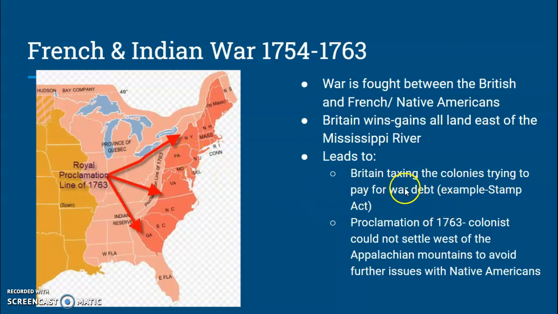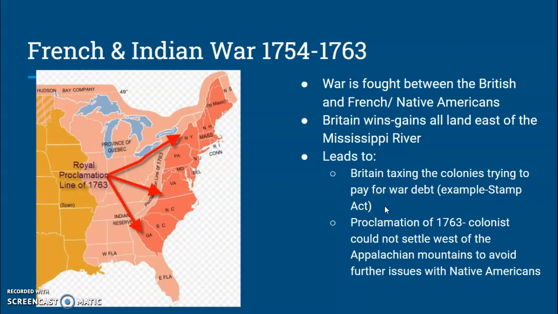Right? So an example of these taxes: the Stamp Act, a tax on printed material, the Sugar Act. There's a ton of other acts, the Tea Act. All these things are going to start taxing goods to help try to pay for this war. So people, especially Americans, even today, we don't like taxes. So when you start increasing these taxes, you're going to have a lot of people get very frustrated.